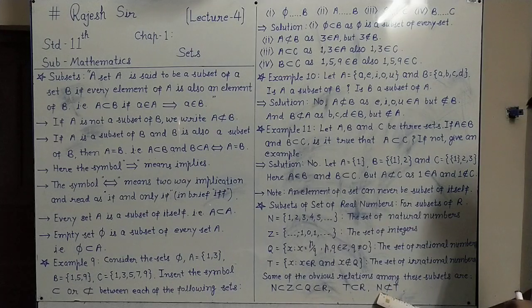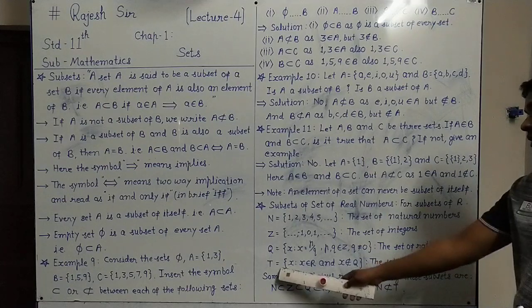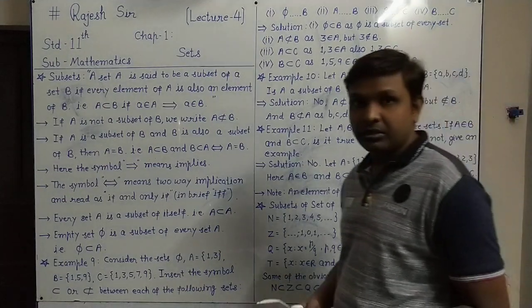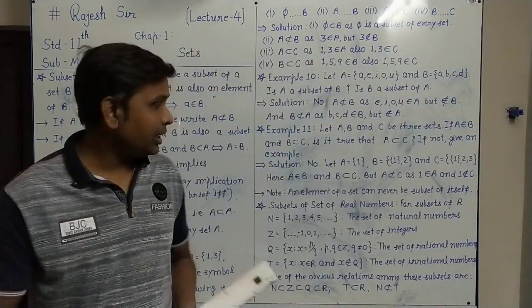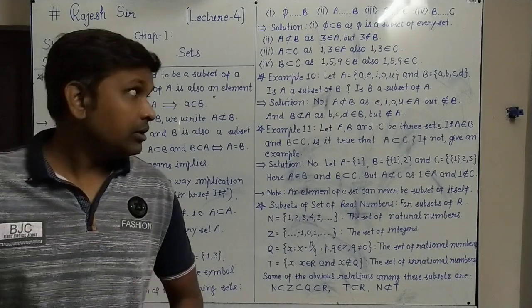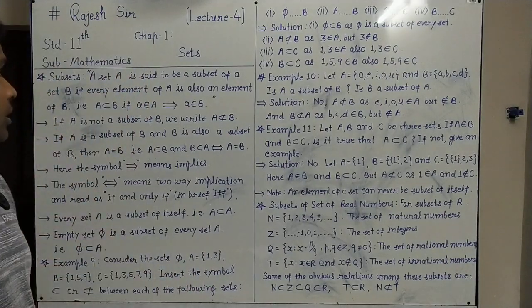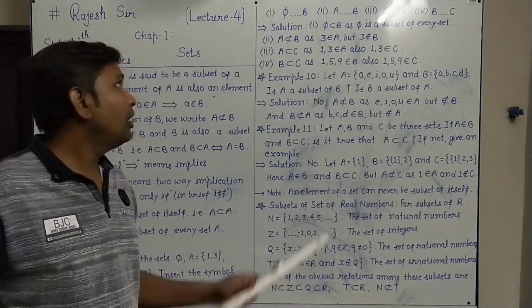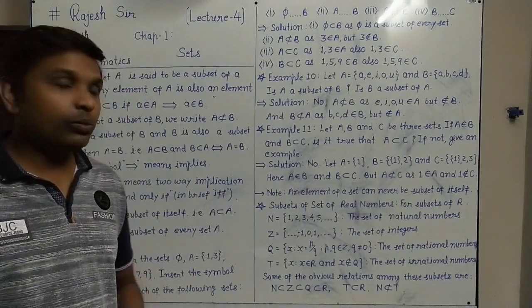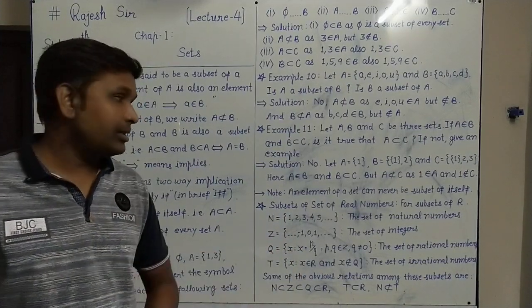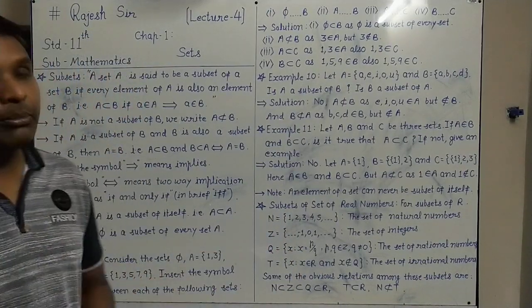Here one more thing we can note, that N, that is natural numbers, is not a subset of T, that is irrational numbers. So about these subsets of real numbers also we have seen some obvious relations of subsets. So you are suggested to write all these definitions of subsets and the symbolic way of presentation, and with some examples you understand it well, and as well as subsets of real numbers also you write down and understand. For further coming examples it will be very useful.